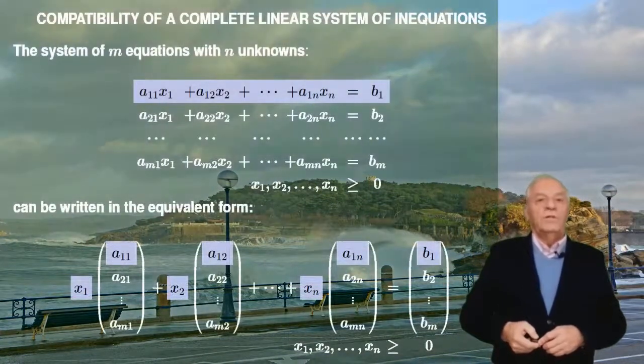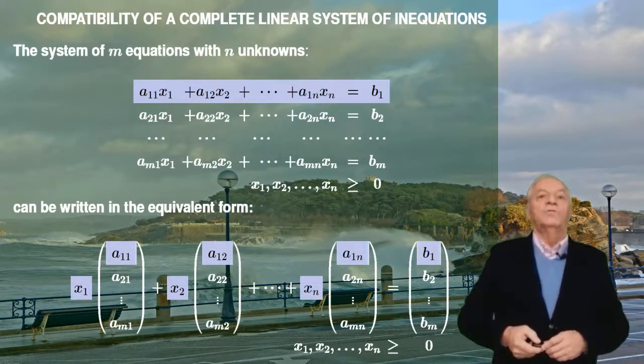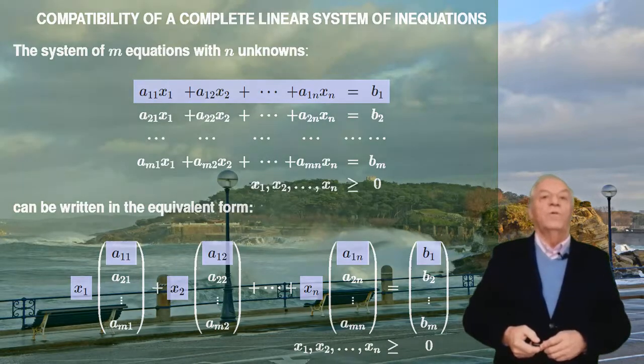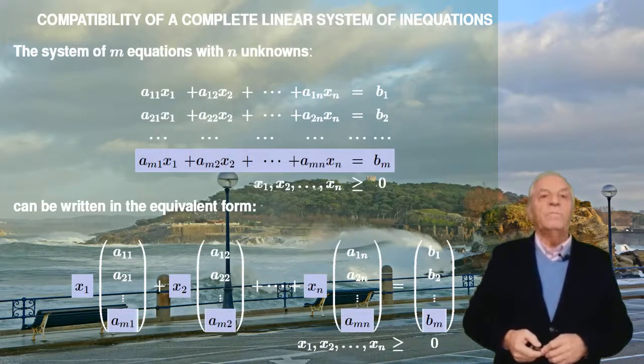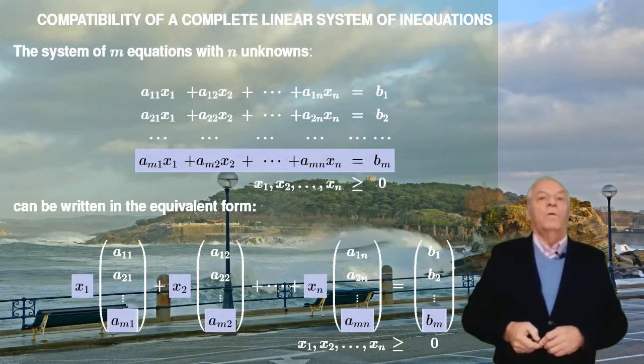It is obvious that the two systems are equivalent, because if in the lower one we make equal each of the components of the vectors in the left and right hand sides, we get the above system as illustrated in the figures. So we see that the systems in the upper and lower parts are equivalent but written in a different way.